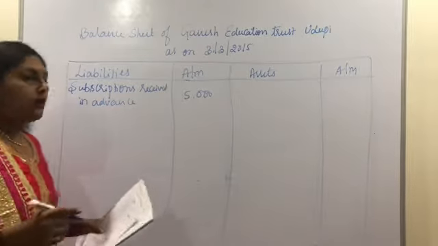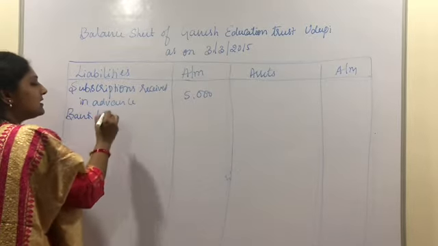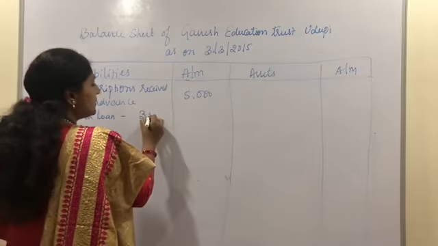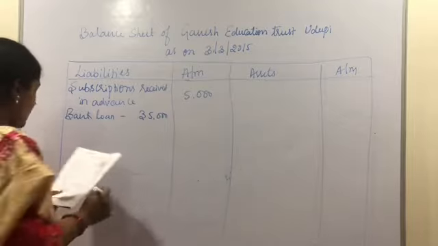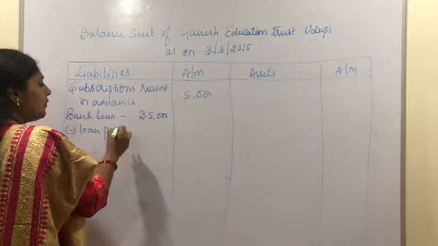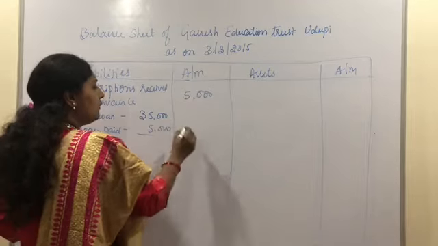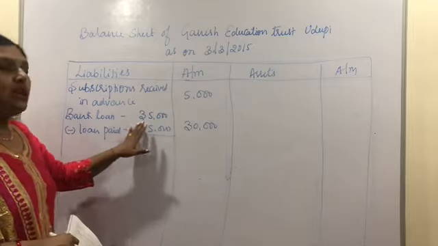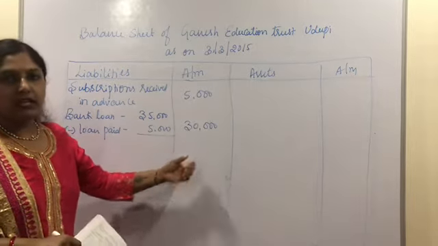Then we have bank loan, and there is an adjustment also related to the bank loan. Not exactly the adjustment, it is given below the receipt and payment account. So the balance of bank loan is 35,000. I am writing this balance in the inner column because there is a repayment to the bank loan. So minus loan paid, and the balance is 5,000 rupees. The net balance of loan will become 30,000 now. So 35,000 was the actual amount payable. After paying 5,000 rupees, the net balance will become 30,000.